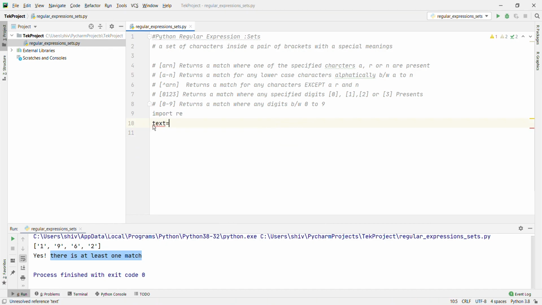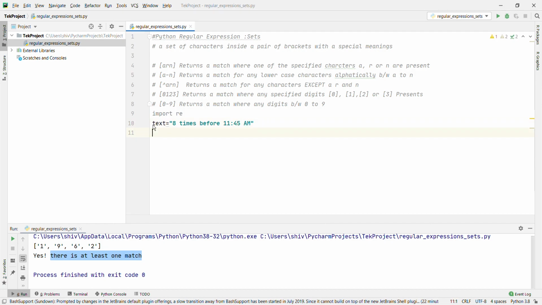Text also: 8 times before 11:45 AM. x equal to re.findall with 0 to 9. This is very important.